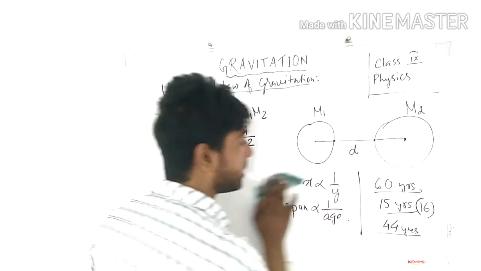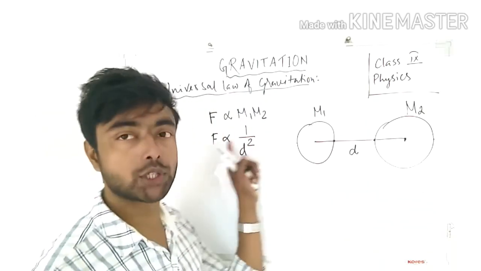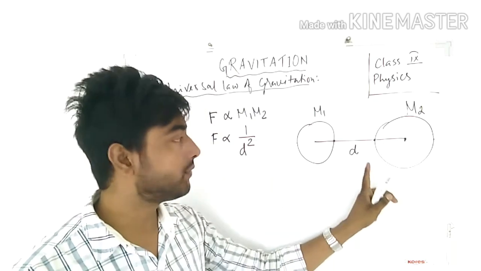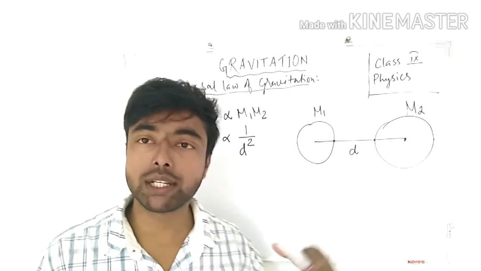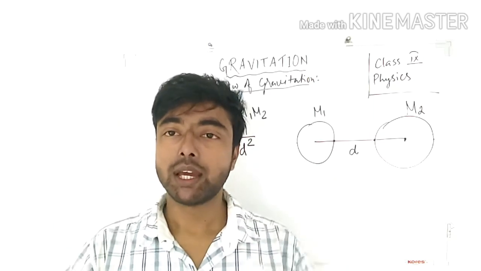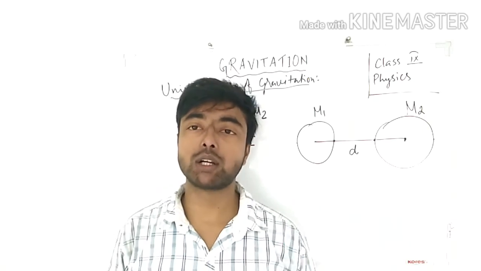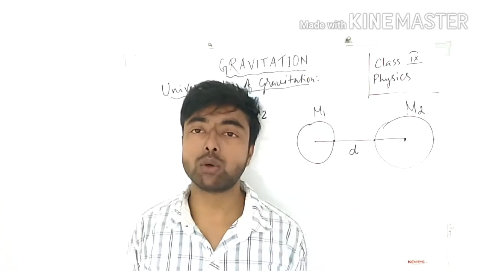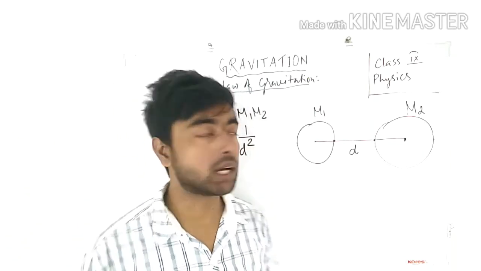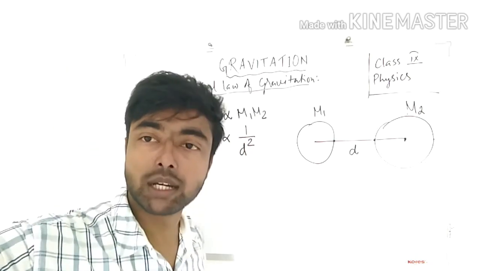So you see here what is written, you see F proportional to 1 by d square. What is the meaning? If d value increases, what is the physical meaning? d value increases means the distance of the two objects increases. अगर दो ऑब्जेक्ट बहुत दूर है तो क्या होगा, उसके बीच में जो फोर्स होगा वो क्या हो जाएगा, थोड़ा सा कम हो जाएगा। हाउ? 1 by d square। d का वैल्यू बढ़ाओ, क्या बढ़ जाएगा,